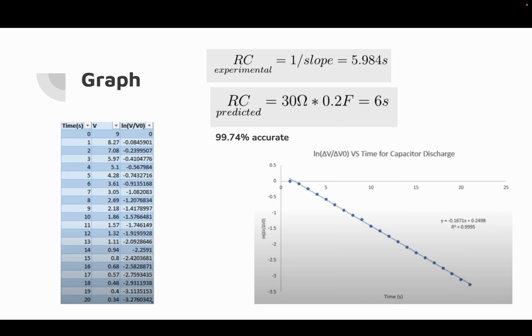Finally, we can graph our results by timing the capacitor's discharge time for a 9 volt battery, 2.5 farad capacitor, and a 30 ohm bulb. After linearizing the data, we can divide 1 over the slope and get an RC experimental value of 5.984 seconds. The predicted value is found by multiplying the light bulb resistance by the capacitance to get 6 seconds. The values were very similar, with the data having a